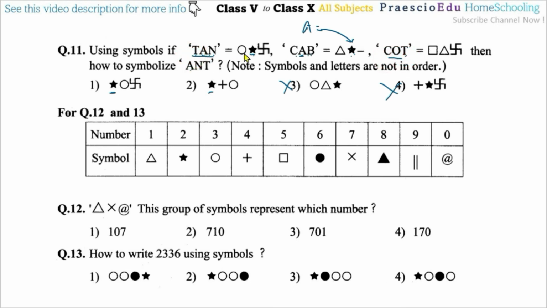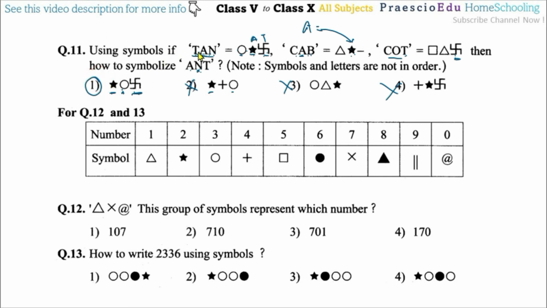In this one T is common, so which symbol is common here? This swastik symbol is common, so T is a swastik. So T is a swastik means the last one is T, but here it is different. So option number 2 is not correct, and this A and T are matching. Now about the N: this symbol is already done as A and this symbol is already done as T, so A and T are done, but we require the N, and N is also present in the alphabet, so this is N, and N should be the middle one. So this is correct. That's why option number 1 is the correct one.